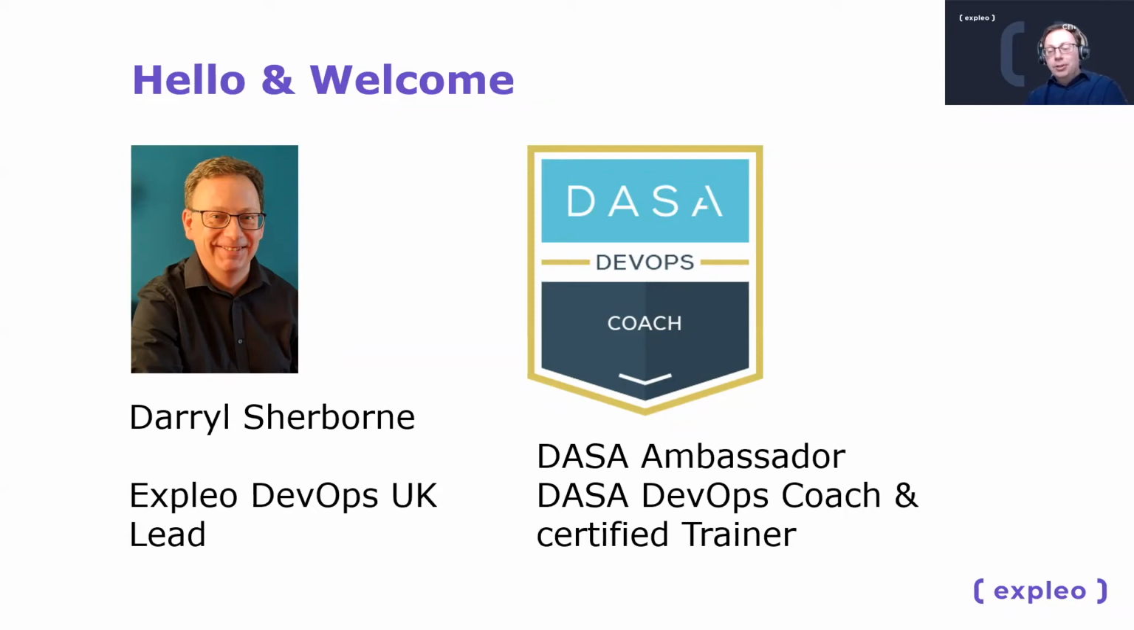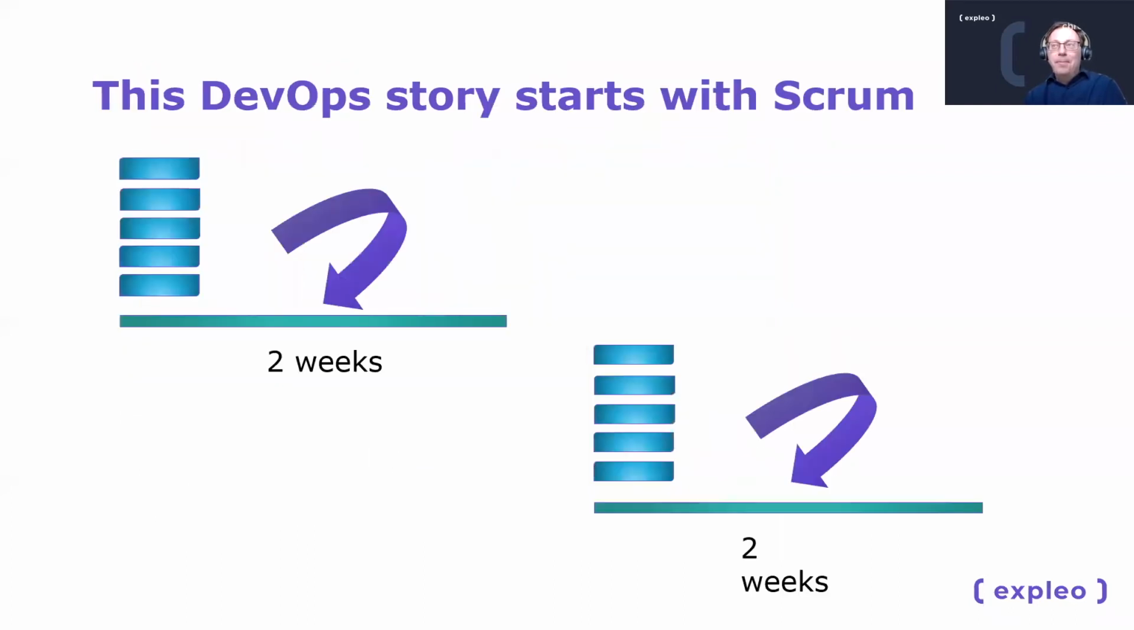A quick introduction to DevOps, because I sometimes think there's a bit of confusion as to where it came from. And I'll start this story with Scrum, because this is where DevOps started. Back in 2008, a chap named Patrick Dubois was in a Scrum team and was really struggling because, as we